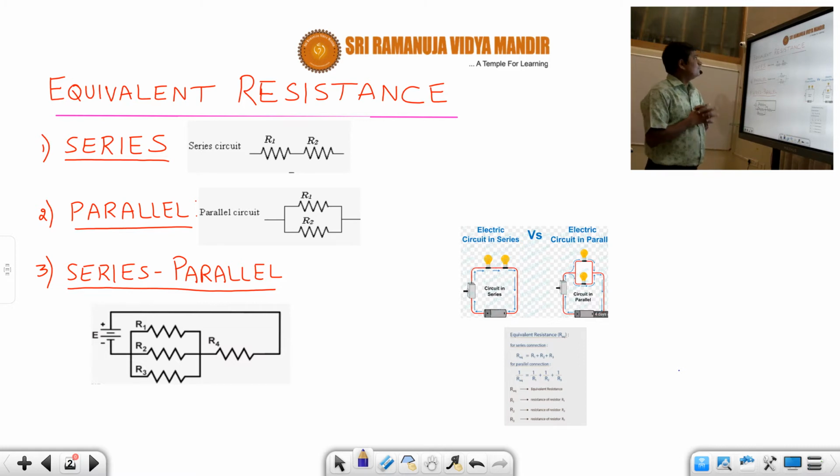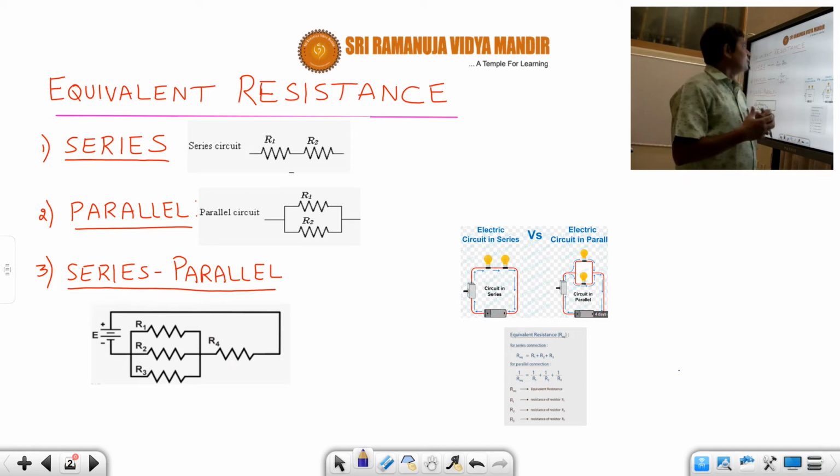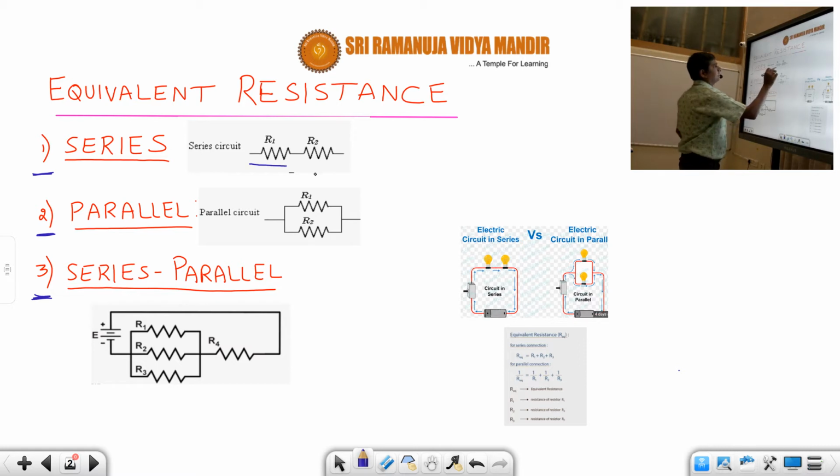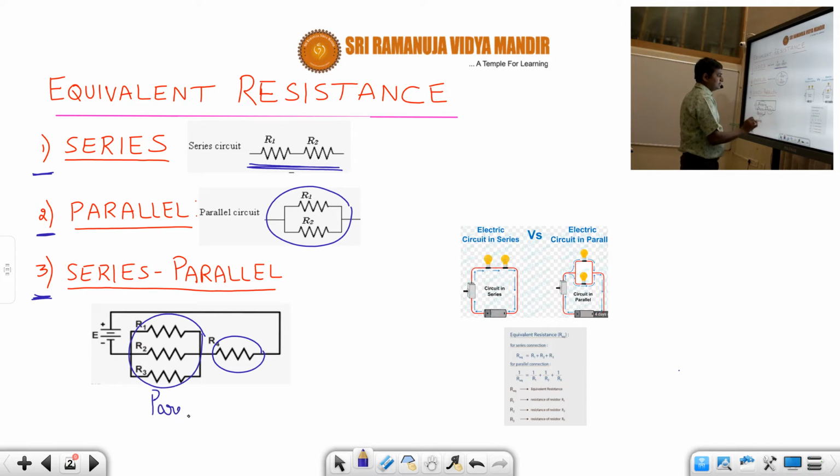Okay, students. Now, when a number of resistors are there, we can connect them in three ways: either in series, in parallel, or in series parallel. Here this is called series, this is called parallel, and this is called series parallel. In this session we are going to see first what is meant by a series connection, like if the resistors are connected like this, that is called series. How do we identify in the circuit whether the resistors are in series? And if they are connected like this, that is called parallel. And here, these three are in parallel, and this one is in series with them. So this is called a series parallel connection.